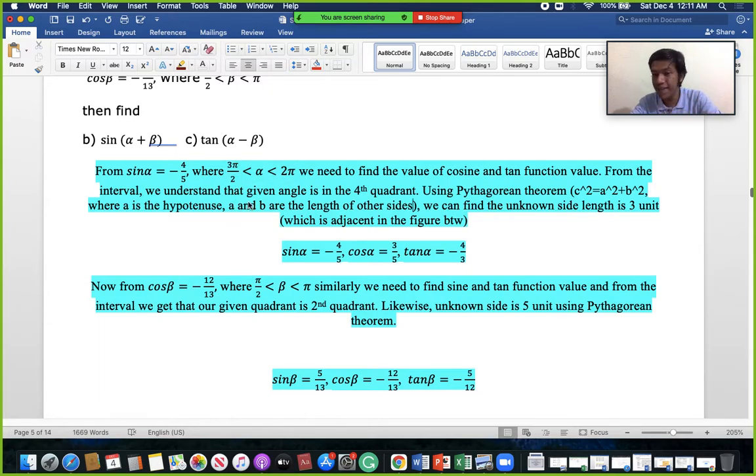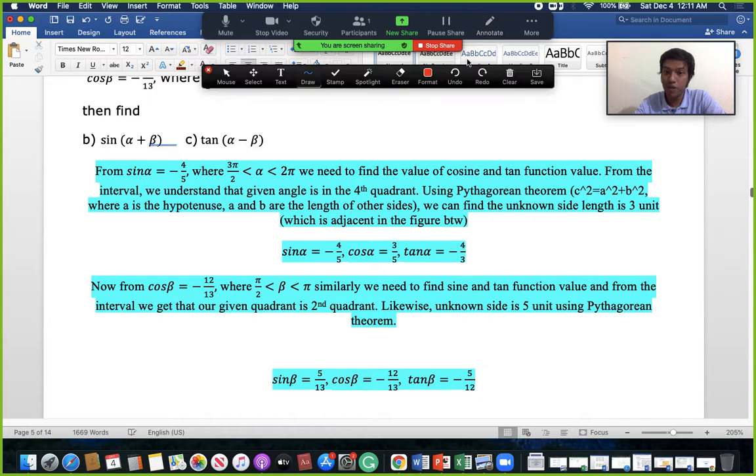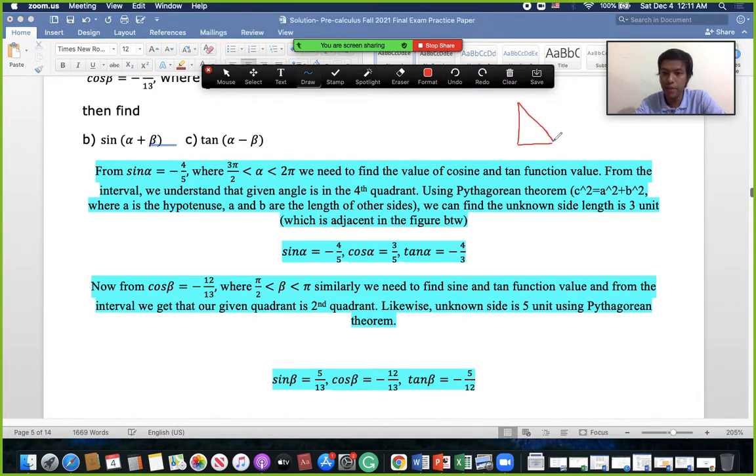And actually, there is another interesting thing in the Pythagorean theorem. When you use it, you do not know which one is adjacent and which one is opposite, because the angle is not given. The angle is not necessary in the Pythagorean theorem. Just 90 degrees is given and no other angle. So it can be a this side, b this side, and c this side. c is always the hypotenuse.